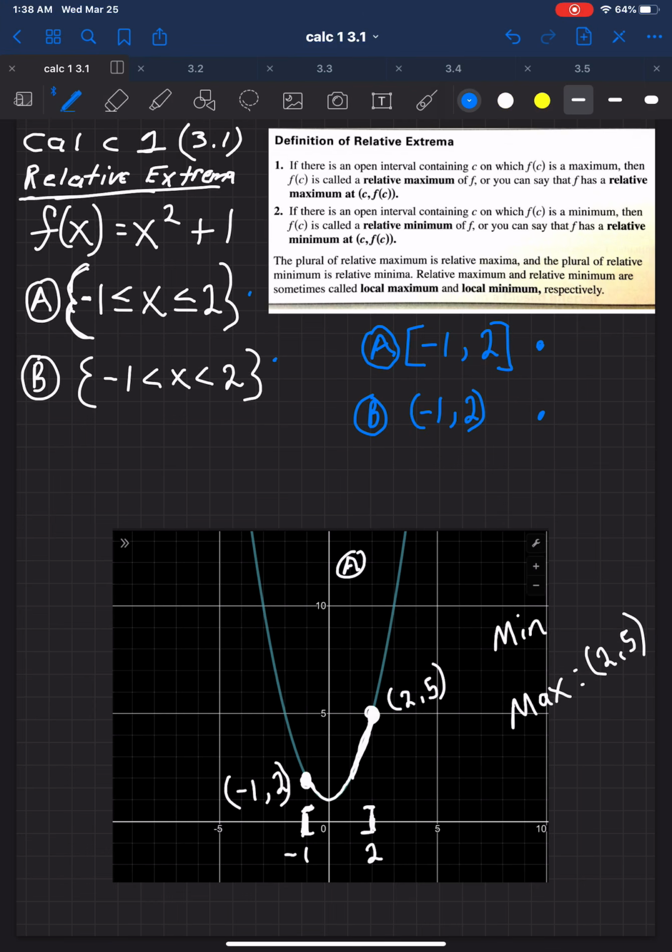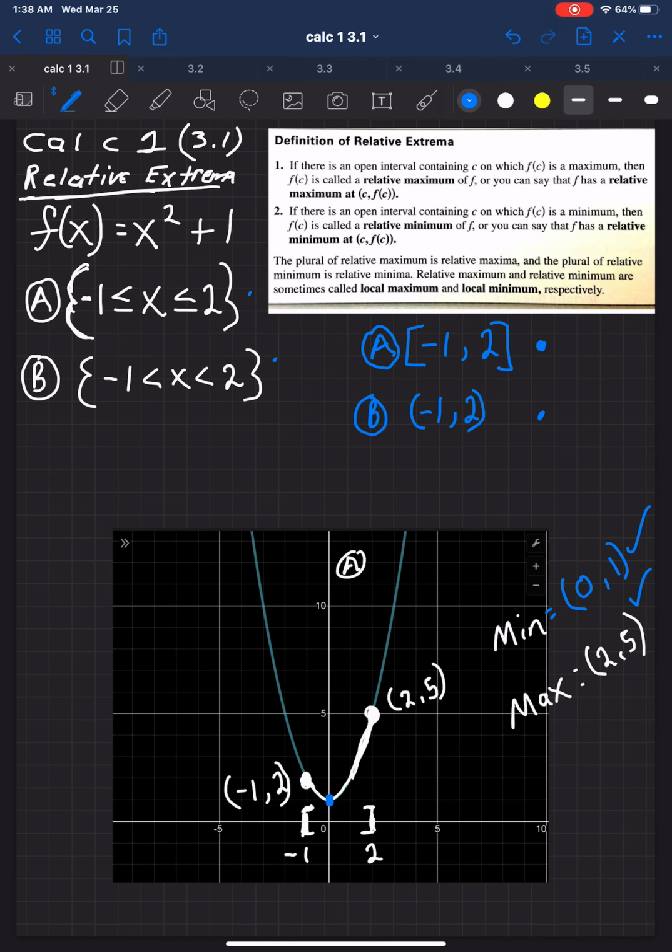Well, don't you agree with me that this little blue dot is the minimum value of y that it ever takes through that interval, right? It's not the point -1, 2. It's definitely going to be at the point 0, 1. So do you have a minimum? Yes. Do you have a maximum? Yes. Okay, so let's kind of put that in our pocket.